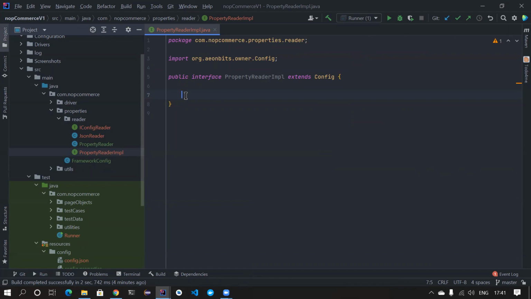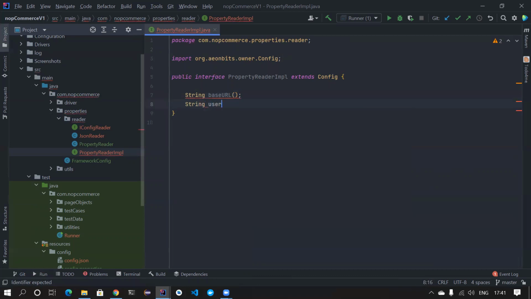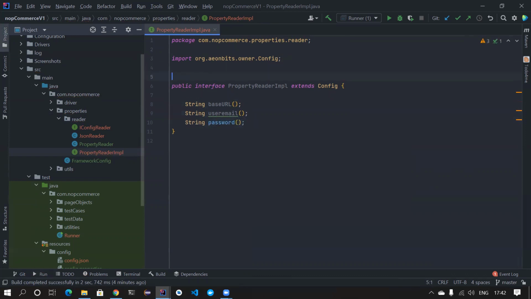So what I can try is it has to return string base URL. It should be a method, something like this. String user email, string password. That's good. And I need to also mention the path where this is located.